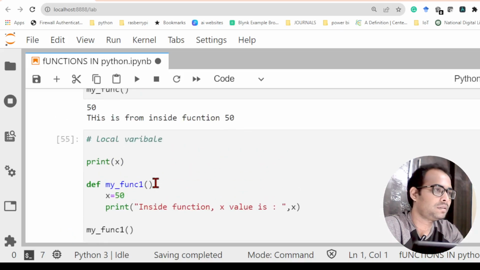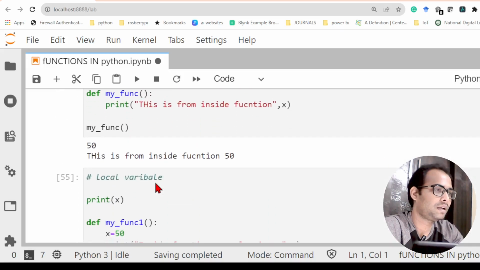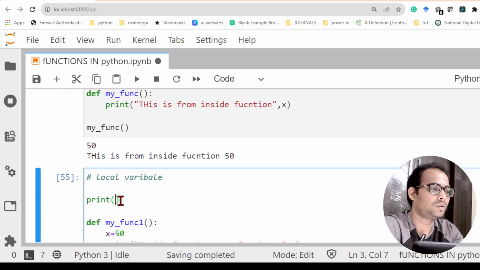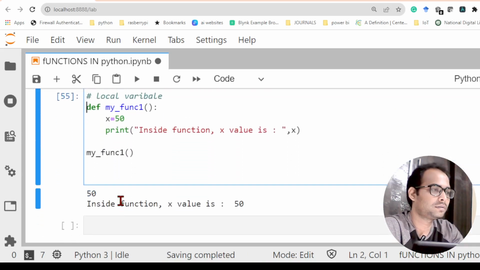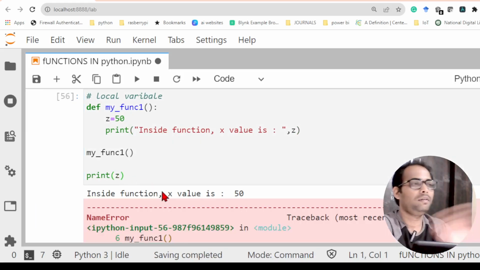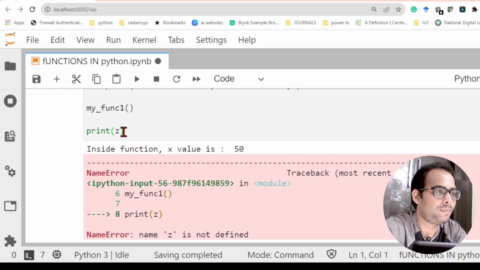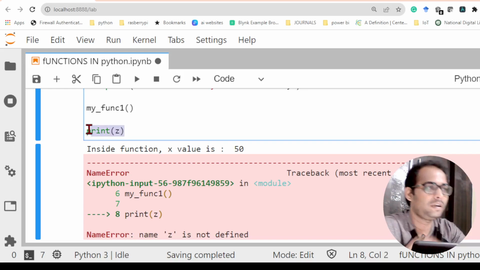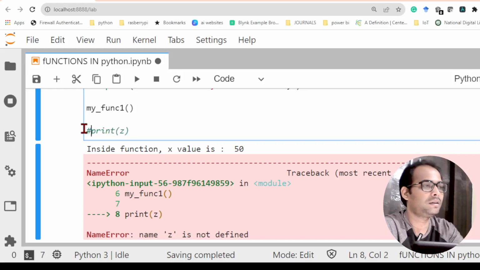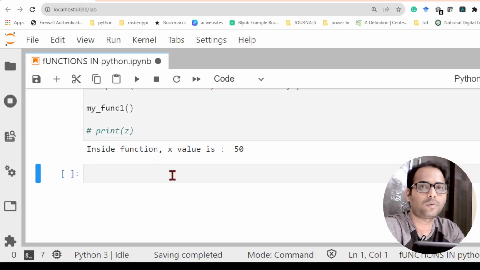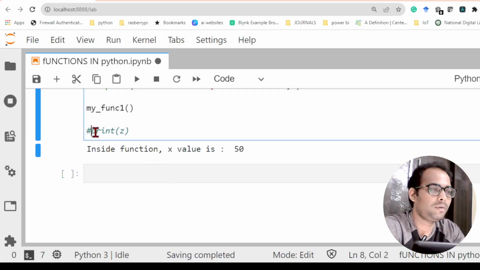That is because I think here I have taken, let me change the variable here. Let me take z here, because the value of x was already stored there, so it is capable of doing that. Now if I run the code, it is saying that name z is not defined. That means if I make this print statement a comment and run the program, there is no problem. But if I want to print the value